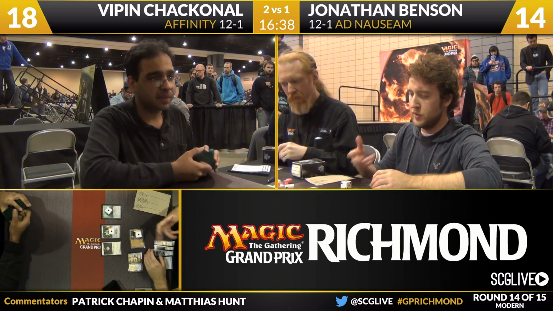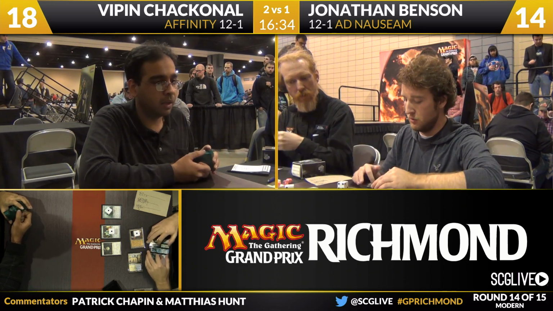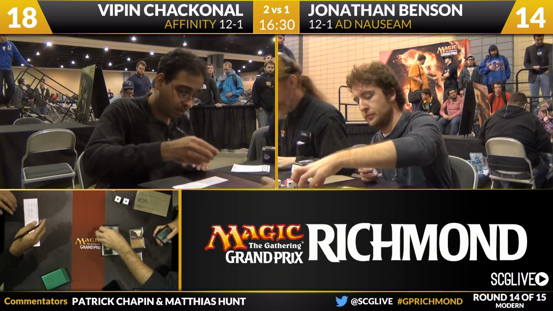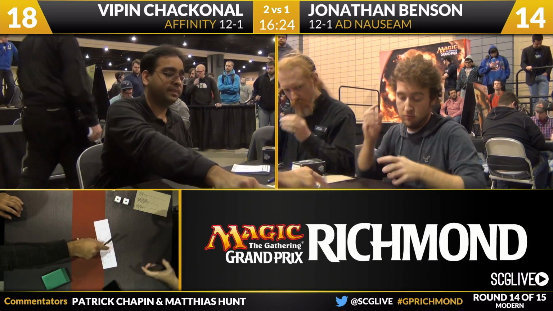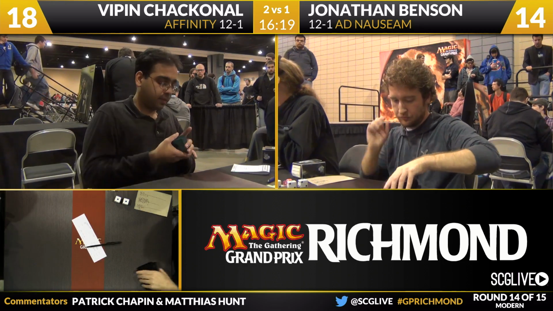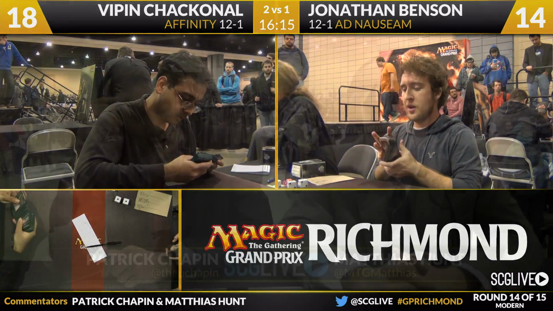Vipin Chakkonal wins 2-1 over Jonathan Benson. He moves to 13-1, qualifies for Pro Tour Journey into Nyx, probably qualifies for our top 8. Jonathan Benson at 12-2 gets another shot at the Pro Tour. Not out of contention yet either. No, definitely not. At 12-2, I think he's got real good chances of top 8ing, let alone qualifying for the Pro Tour if he wins. Yeah. So I think we're going to jump over to another